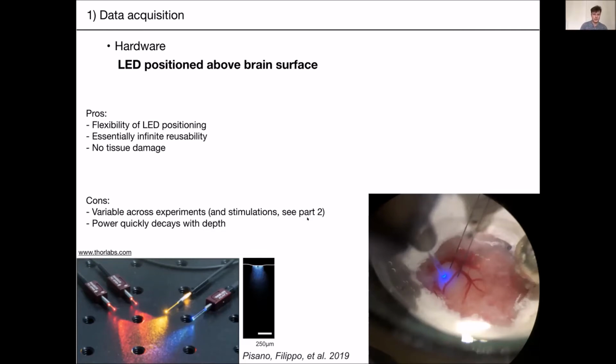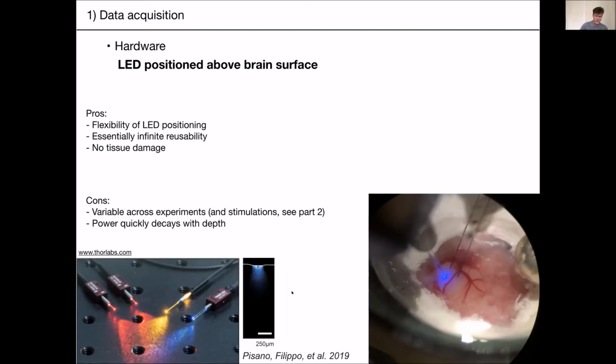And this can lead to issues, because then the artifact on your probe will not be very consistent, and also you won't be able to maybe stimulate your neurons as well, and you need to think about this. And also, of course, the power quickly decays with depth. It's not red light, it's blue light, so it scatters a lot, and you can only get 100 or 150 micrometers down below the surface before it completely fades away, and you can't make your cells respond